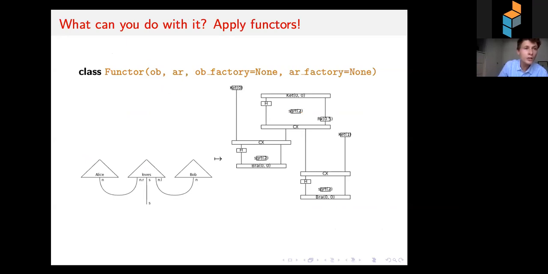Well, you can apply a functor to it. So the functor is essentially the second data structure of DisCoPy. And how you instantiate a functor, you give it a dictionary for objects and a dictionary for arrows. So the dictionary is going to send every basic object, so every wire, to another object. So it could be a number of wires, or it could be something else. So that's what ob factory or r factory do, is essentially you can define functors that, instead of just drawing